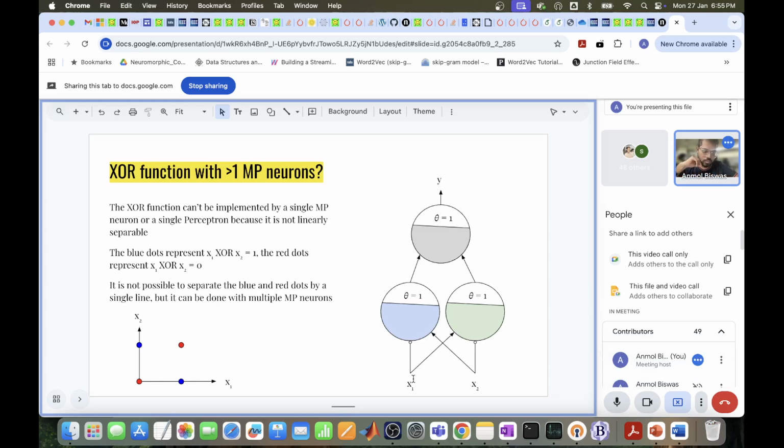So you can represent x1 and not x2, right? Which is this green neuron over here, x1 and not x2. X2 is going as an inhibitory connection, and theta is set to 1. And this blue neuron here is x2 and not x1, right? So x1 is going as an inhibitory connection, x2 is going as an excitatory connection, theta is 1, right? So these two neurons separately compute the two parts